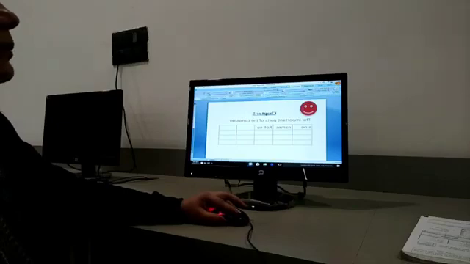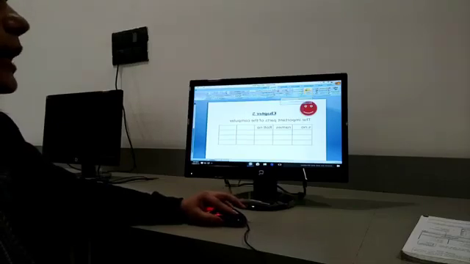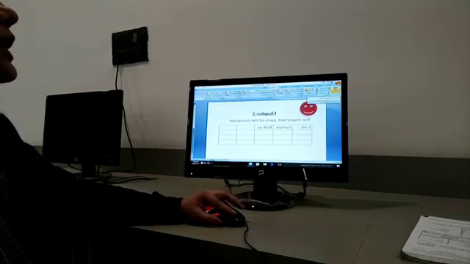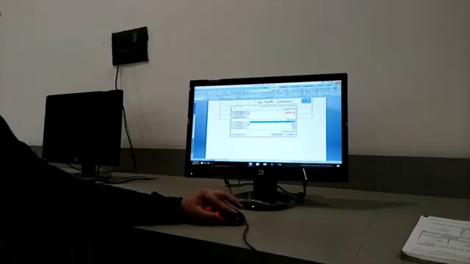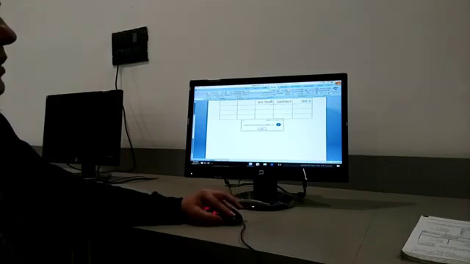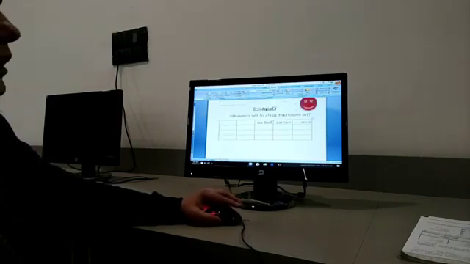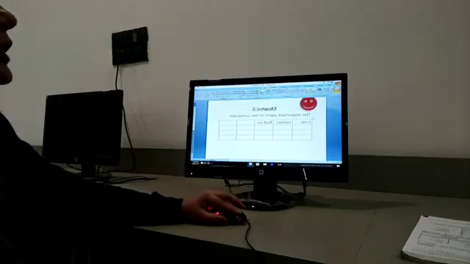Next, referencing, mailing, reviews. What are reviews? New comments. If you want to add anything, spelling and grammar check. If you are writing things and you want to do spelling and grammar check, see, they are showing the mistakes. The computer is showing these as mistakes by default. If you want to ignore, then what will we do? We will ignore words. Okay. Spell check is completed. Now we can do the other thing.